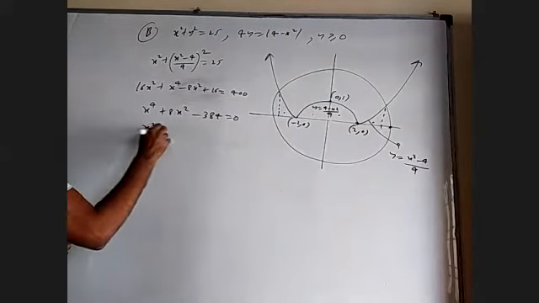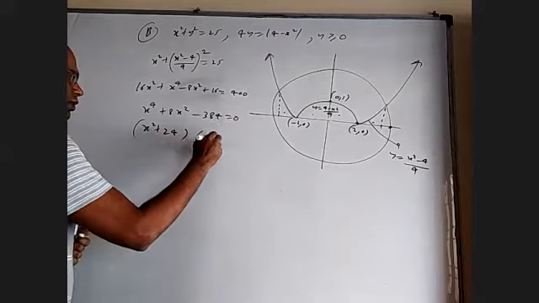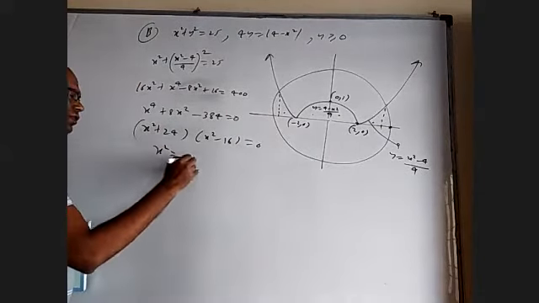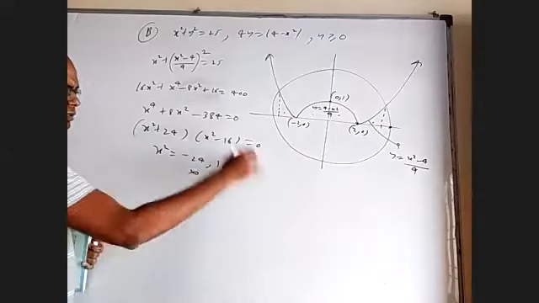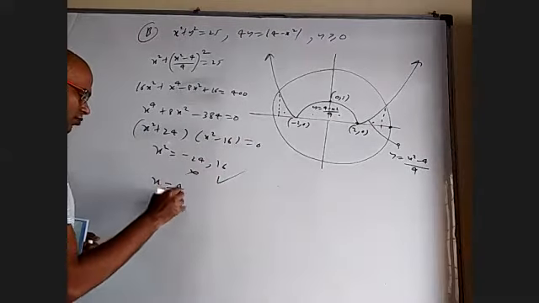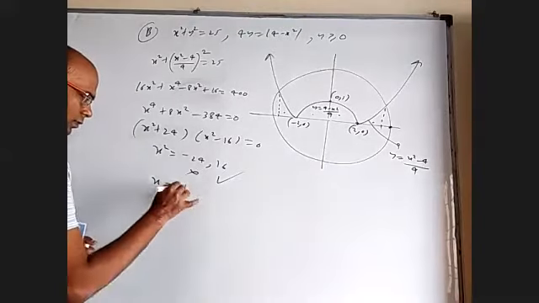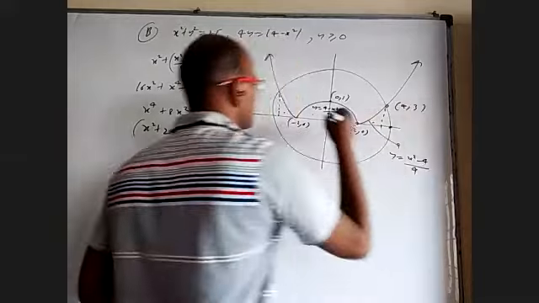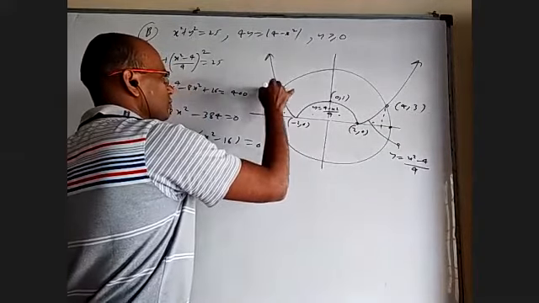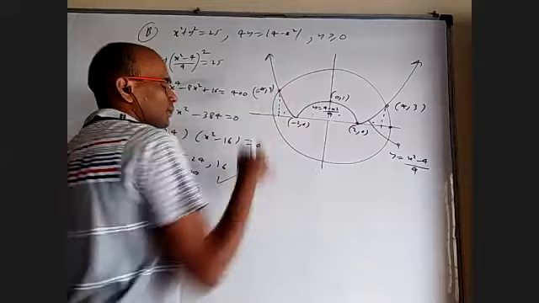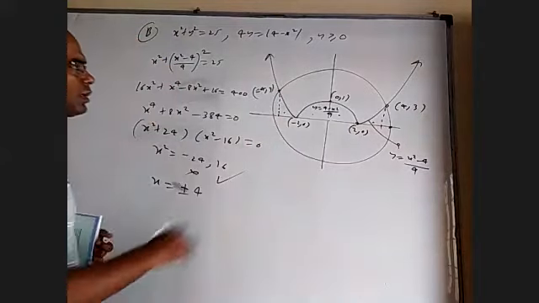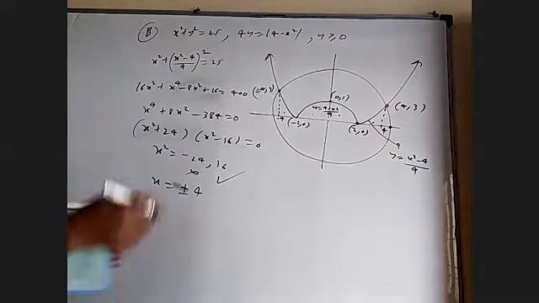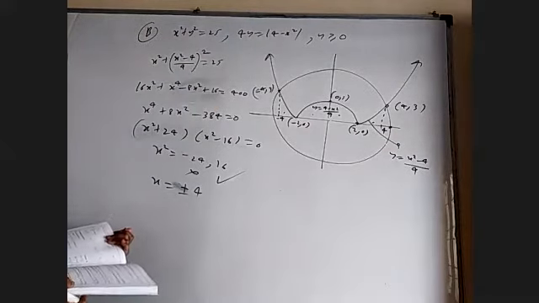So it is x square plus 24 into x square minus 16 equal to 0. 16 into 24 is this. That's good. So x square equal to minus 24 is not okay, 16 is okay. So we'll get x equal to 4 plus or minus. Okay, so basically this point is 4 comma 3. This point is minus 4 comma 3. Okay, now it is easier. So I want from minus 4 to plus 4, the area under the circle minus all these parts.